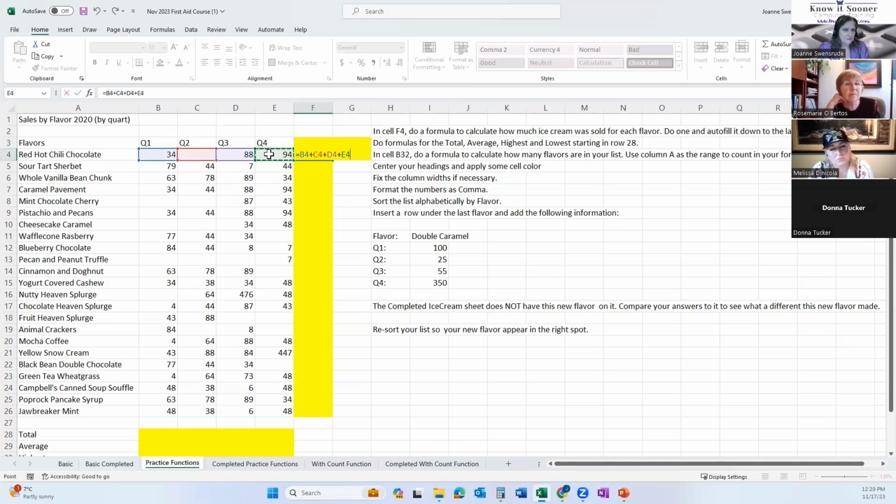What if they were months? Or what if you were tracking things on a daily basis? That's way too much work. If you have stuff in every single cell, then you don't have to do it this way. You're going to use a range. You're going to say, I want to add up from here to here, all the stuff in between.